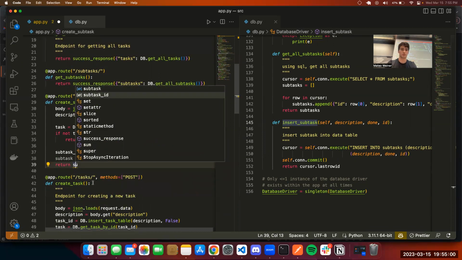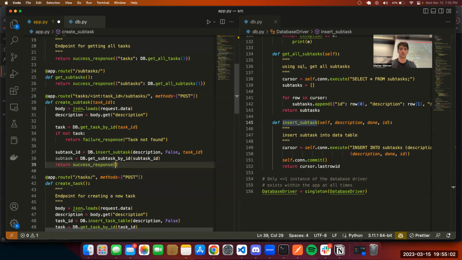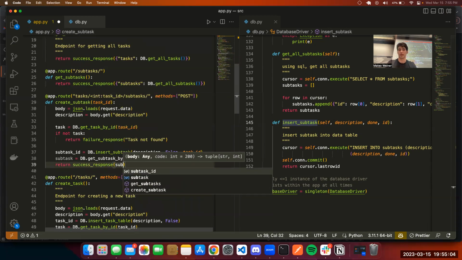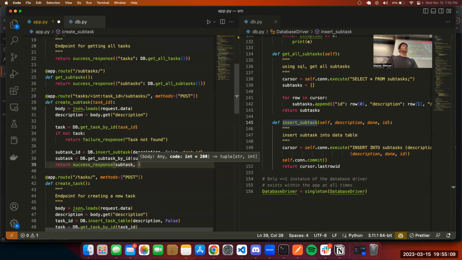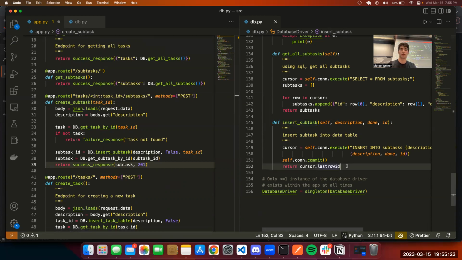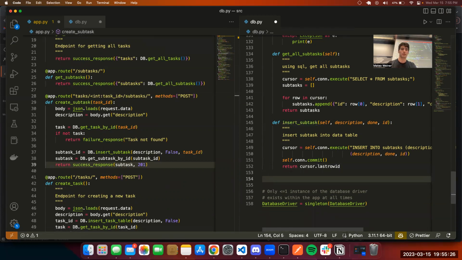And success response. We want to give it that subtask. And we actually don't want that 200 status code because we actually created something successfully. So in this case, we can just write 201, and that'll override that default value of 200 for the success response. At this point, we need to go back into our database file and create that method of getting a